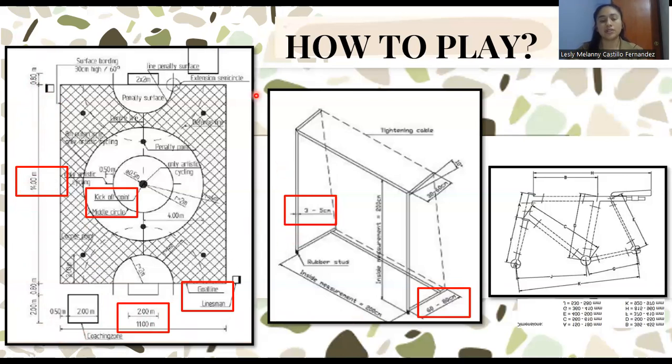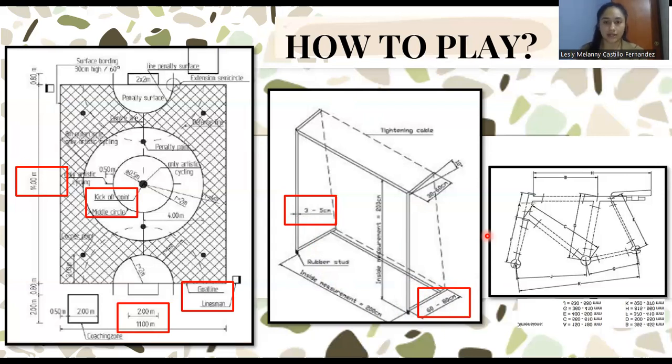Then we have the goals. As you can see in this picture, there are two goals with internal measurements of 2 by 2 meters tall. And also we have this measurement that is 60 to 80 centimeters, and the rubber stud that is 3 to 5 centimeters approximately. And finally, we have the official measurements of a bicycle,